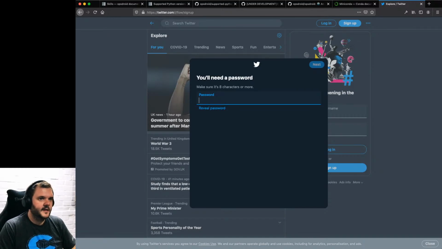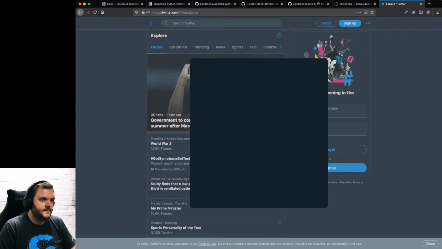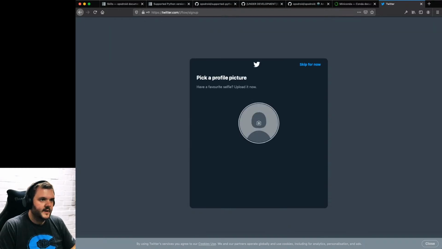Right, now I want a password. Good. Let's let my password manager decide that. There is some nice long password. Right, I'm going to put that in here.